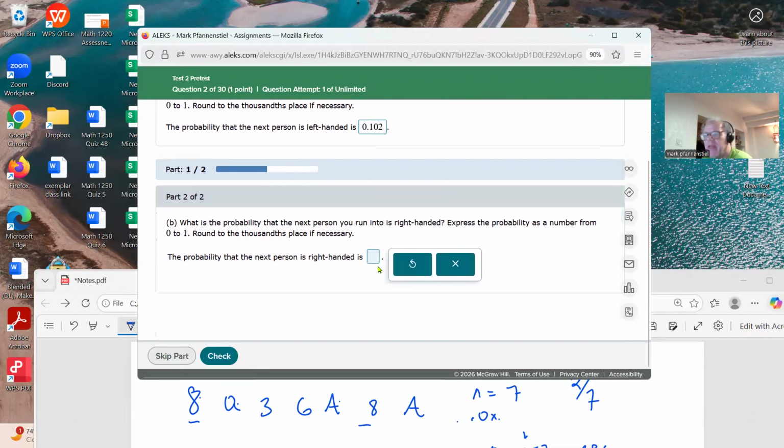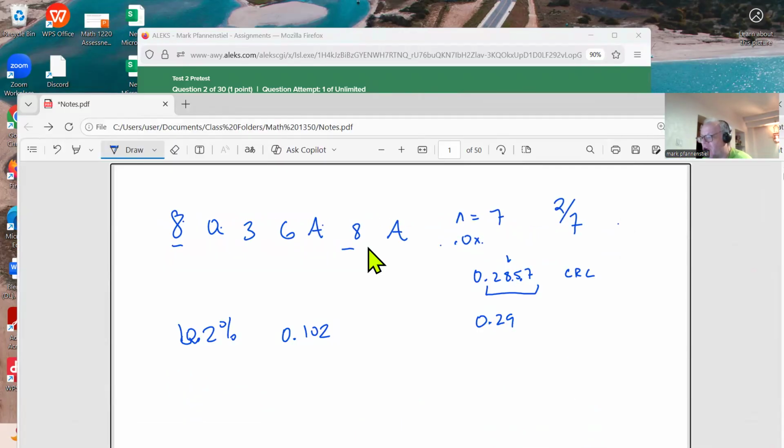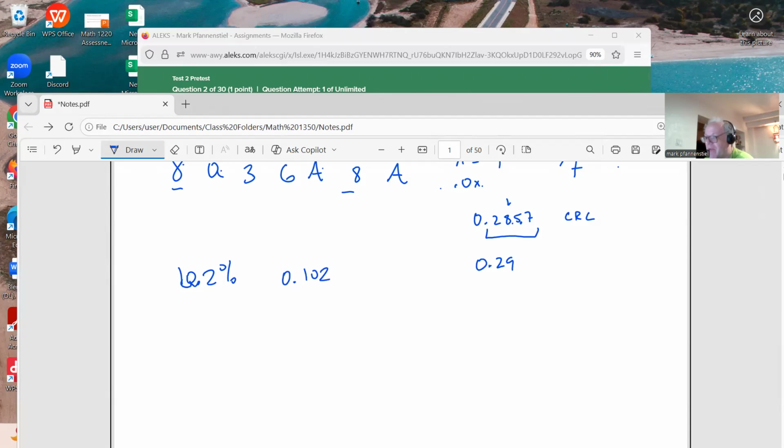Like, hooray. And then the next thing we're going to do is say, okay, what is the probability the next person you run into is right-handed? And we're going to make an assumption that there are no ambidextrous people. It's a terrible assumption. Okay. And what we're going to do is we're just going to say we need 1 minus 0.102. So we're going to say, okay, 1 minus that, that's going to be 0.900 minus the 0.002, that's going to be 0.88 or